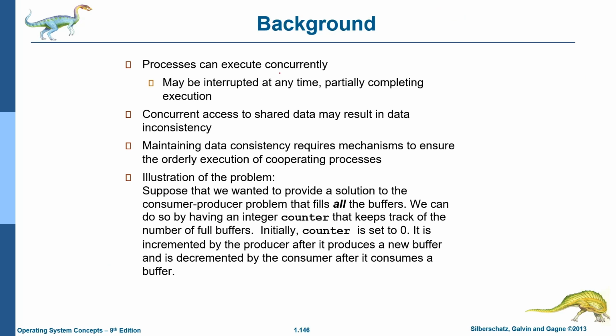So processes can execute concurrently. Let me give you the difference between what concurrent execution means and what parallel execution means. Many of you, and me to some extent at one point, used to think that concurrency means parallelism and they both mean the same thing. That's not true. So let's see, if there is a single CPU